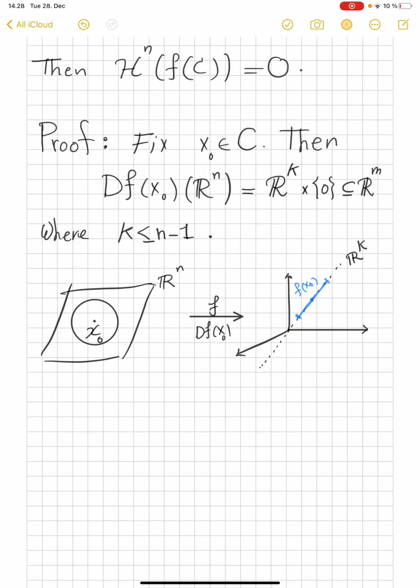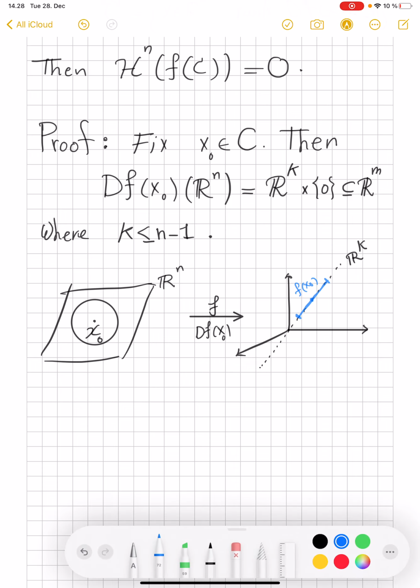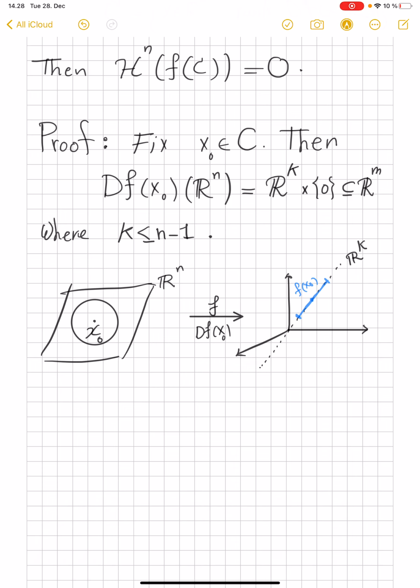And in fact, it is contained within a ball. So let's write it out. Derivative of f at x0 applied to ball at x0 radius r will be contained in this affine space